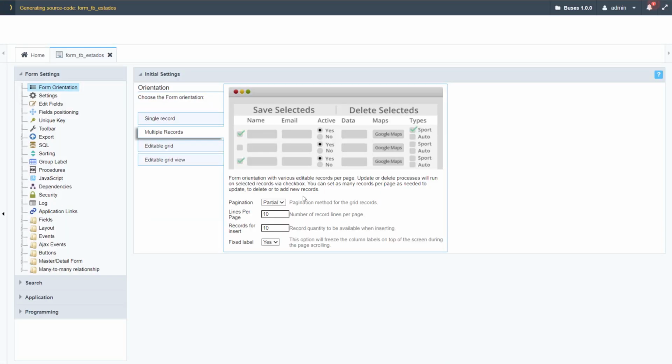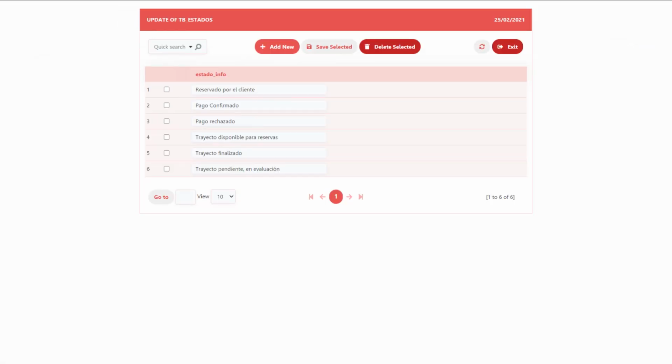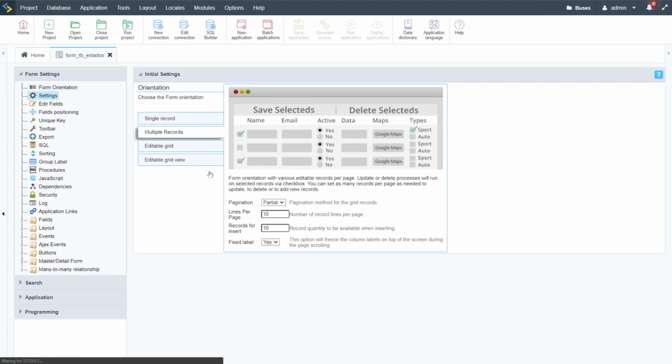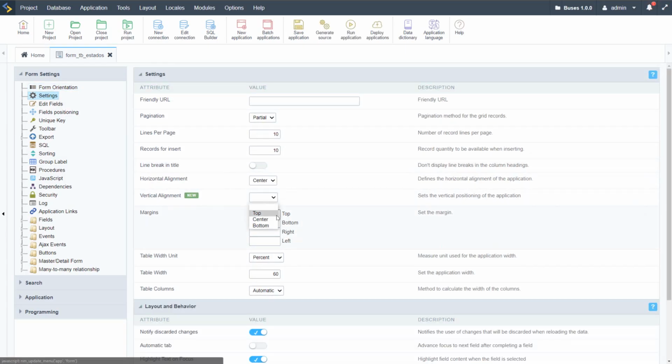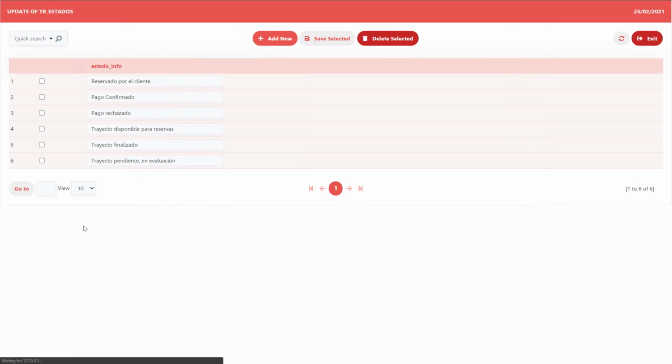and we can then change the type of form. So here we have multiple records. Okay, so multiple records is like so, and then here what I'll do is, again, I'll just apply the same thing again, vertical alignment top, and change the percentage here 100%, because we have the width defined as percent already, as we had just now, and I had missed that. Okay, so now we are going to have the form looking like so again,